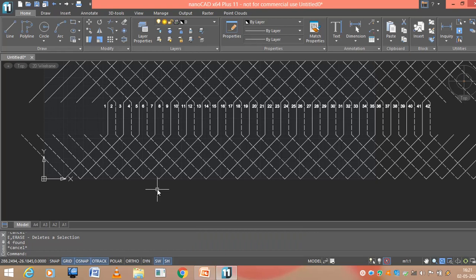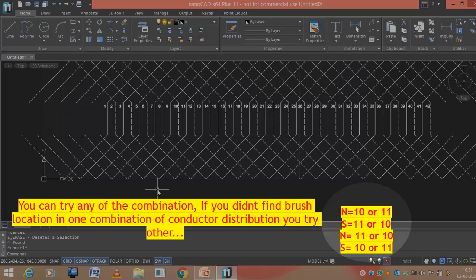So now, how to distribute these 21 conductors among 2 north poles? Because I have 2 north poles and then 2 south poles, together I will be having 4 poles, right? So among 42 conductors, 21 conductors are under the north pole. How to distribute these 21 conductors between 2 north poles? So it means one should have 11 conductors and another north pole should have 10 conductors.